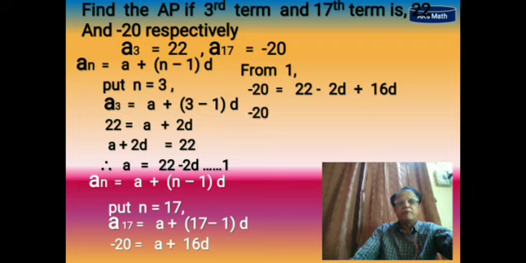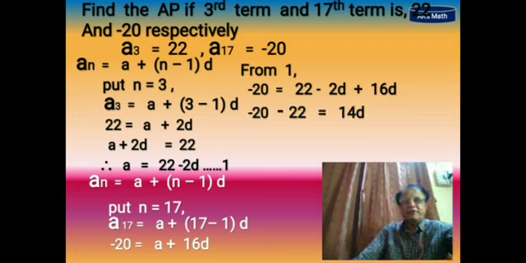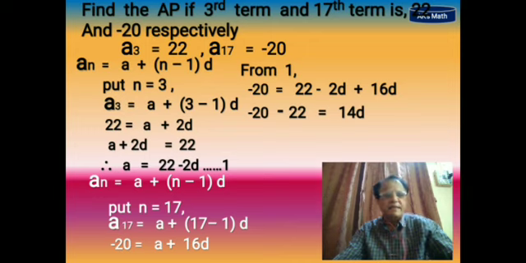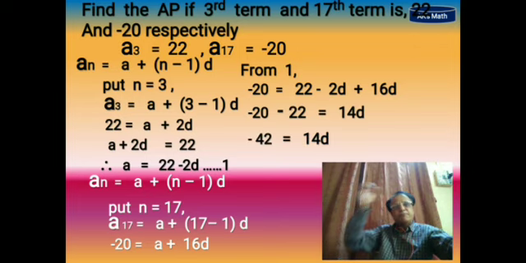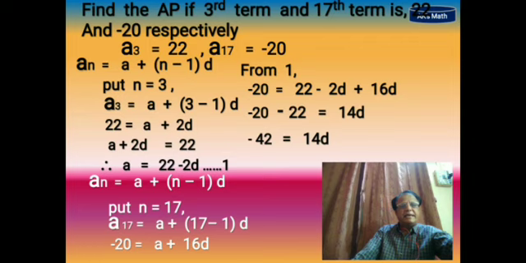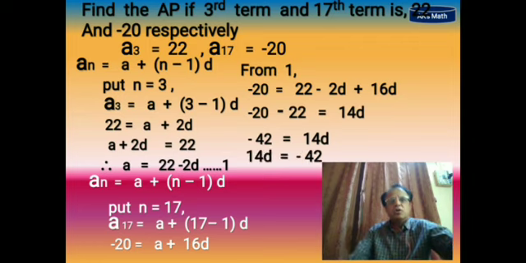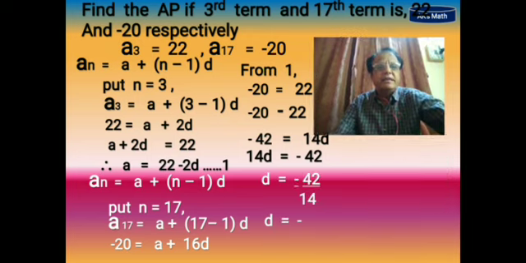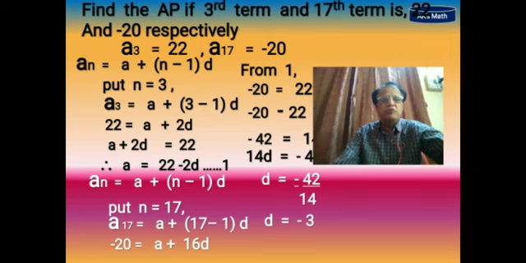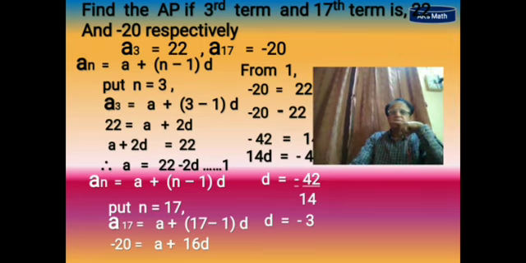So after that, we will get -20 minus 22. Shifting that 22 to this side, it becomes minus 22. And on this side, subtraction takes place, it is plus 14D. Plus 14D आ जाएगा, students. 16 is positive and 2D is negative, that's why plus 14D. Again, -42 is equal to 14D. So in this way, you will get the value of D equal to -42 divided by 14. So you will get the value of D is -3.